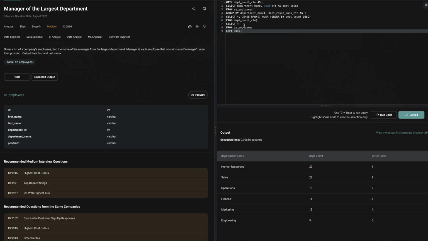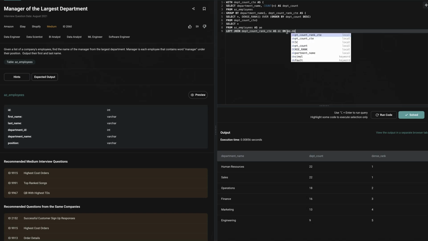So left join will keep all the records from this, but will join on this one here. So it will keep the matched records from the right side of the table, which is department count CTE, and let's give this an alias of AE, and this is DC, on